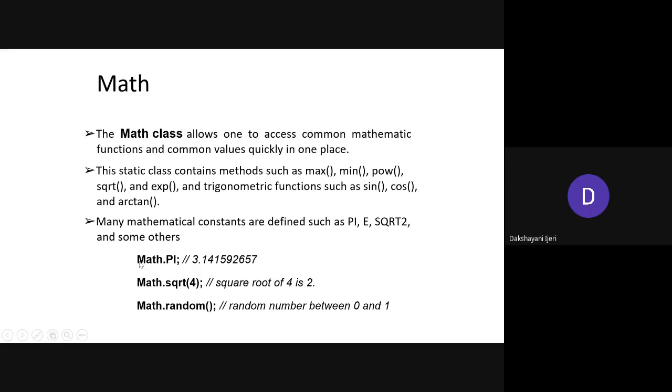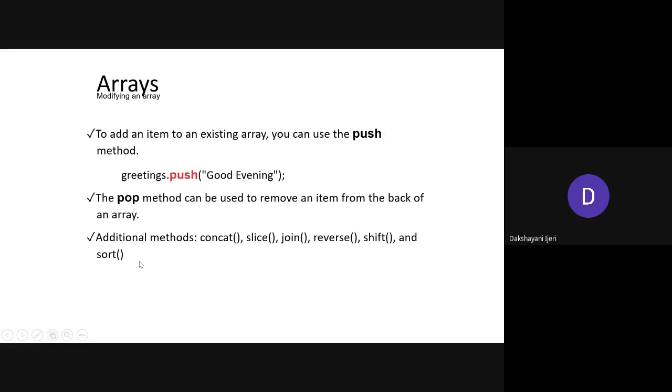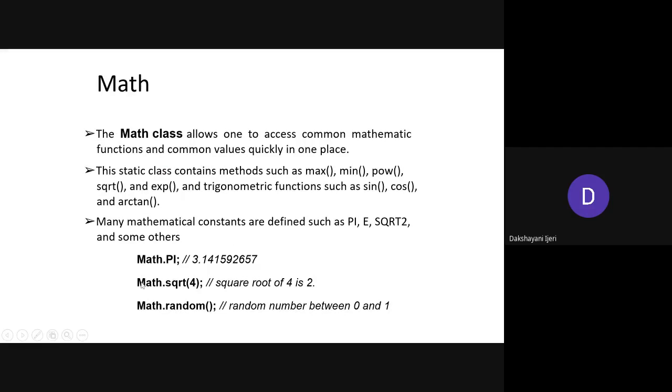Okay, so a few examples have been given here, just to tell you how you can use them. As with arrays, you can directly use it on the data structure, and here if you want to use any method associated with the Math object, you are supposed to use it with the name Math followed by the dot notation and the method which you want to use. So in case of pi, instead of taking it as 3.14 directly in your program, you can just take it as Math.PI, which will give you the pi value. And if you want to find the square root of any number, Math.sqrt is the name of the method, and within the parentheses you have to pass the value for which you want to calculate the square root.